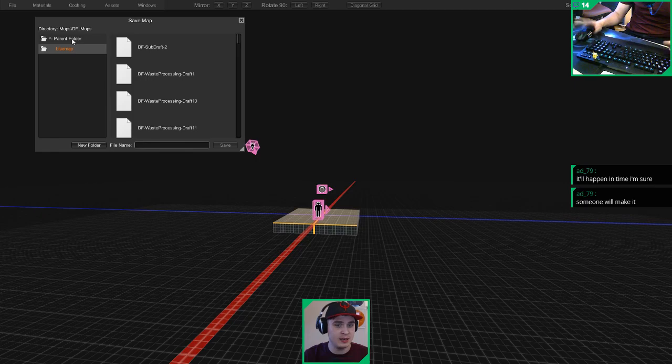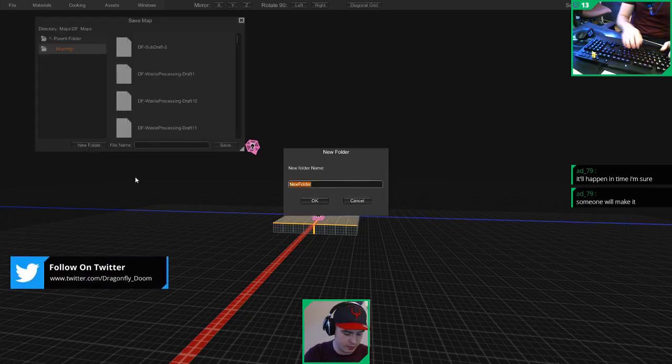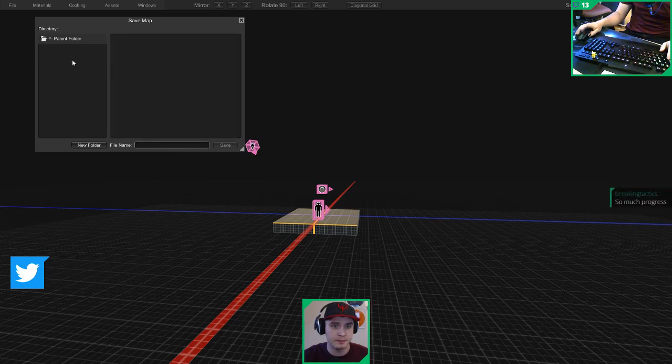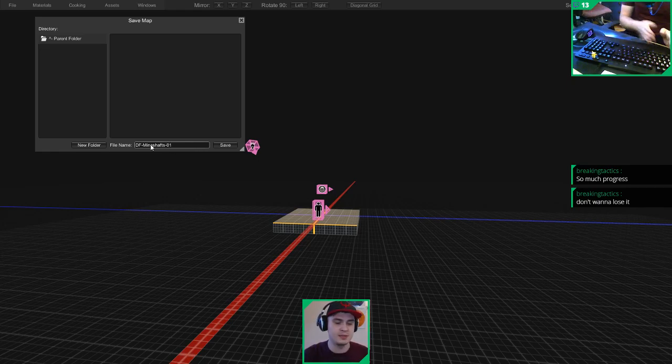First thing I'm going to do is just save what I've got. I know it's nothing, but I'm going to make a new folder, DF Mine Shafts, temporary name for it for now, just something to base it on. So DF Mine Shafts version 01. So I number my versions, I keep saving as I go,